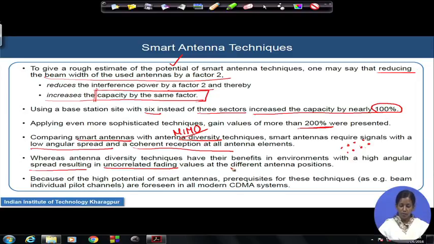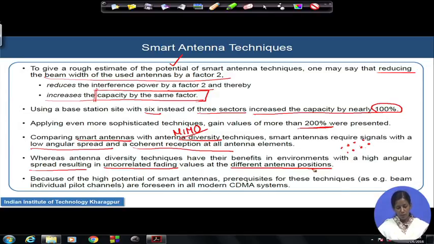So, that is why the different antenna positions are considered and you are getting the diversity gain. They are completely different approaches. One relies on the uncorrelation of the fading, because of which the gain is coming. The other is relying on the low angular spread and the coherent reception, because of which the gain can come. And because of this high potential of the smart antennas, prerequisites for these techniques,